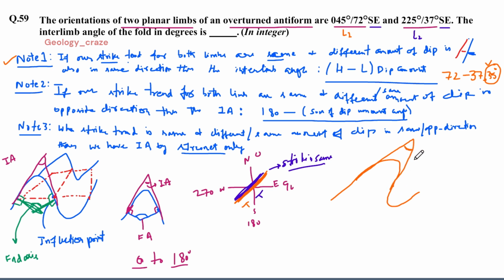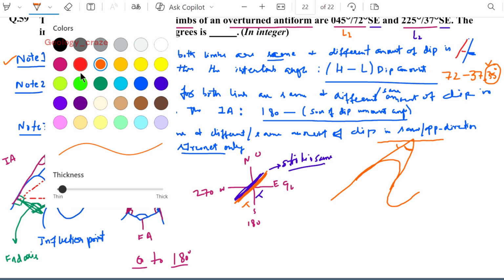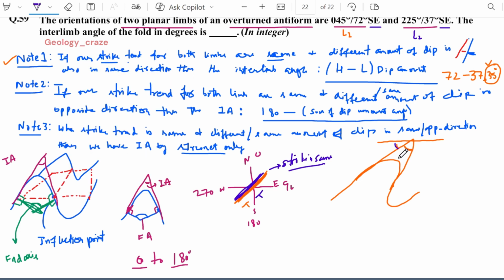We calculate this angle, and if I draw a horizontal over here, the value of this limb is 72 and the value of this limb is 37. So if I want to calculate only this one,